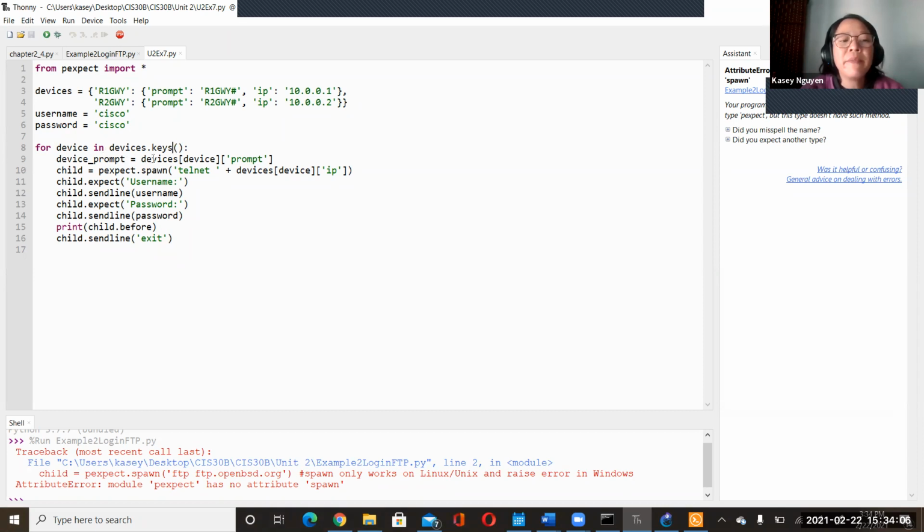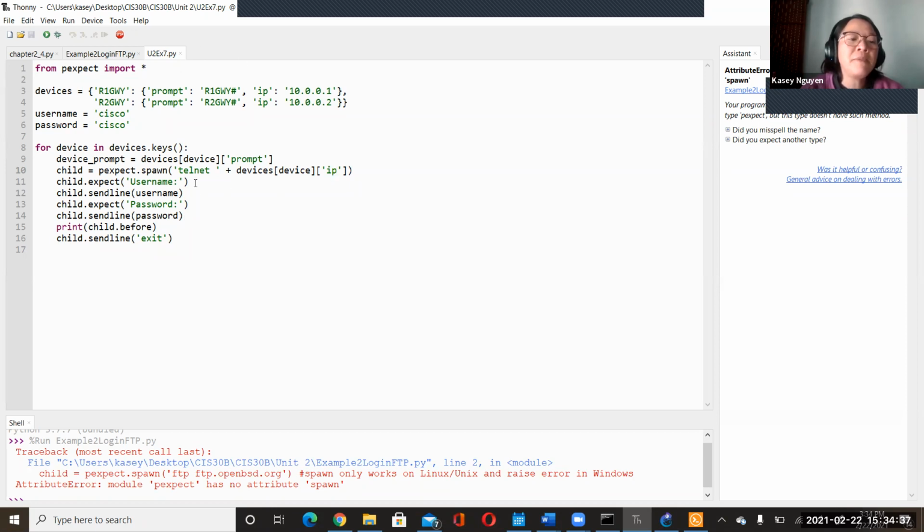Device prompt, and we want to get through each of the prompts. We're going to spawn from PExpect, and we want to use telnet. Depending on the protocol services supported for these routers, they have telnet enabled. So we are going to specify telnet for the devices.